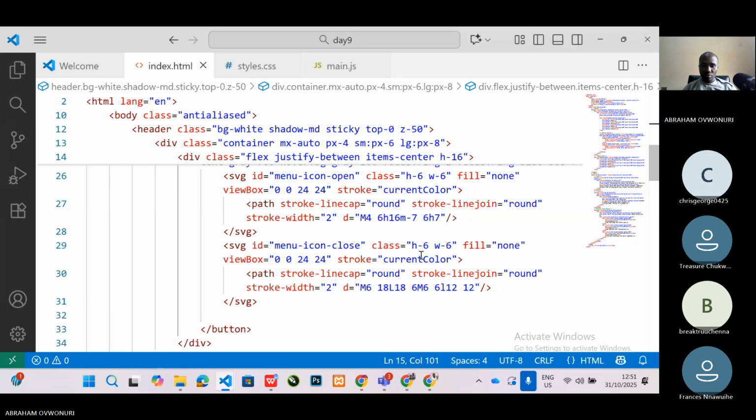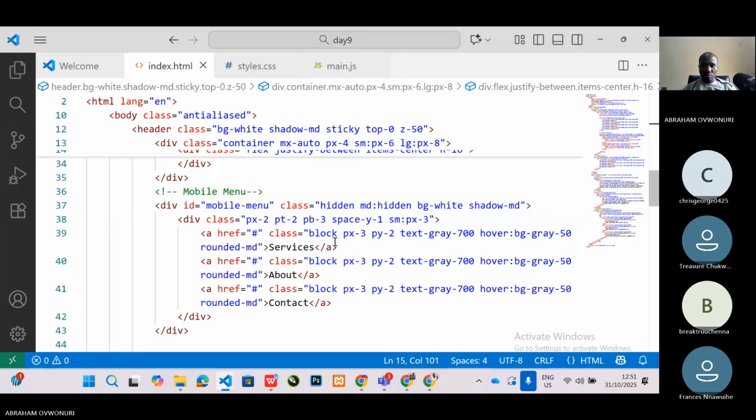Mobile menu. Video. Yes. Block, deep expert, UI test, several of the mobile, video, it's rounded, and